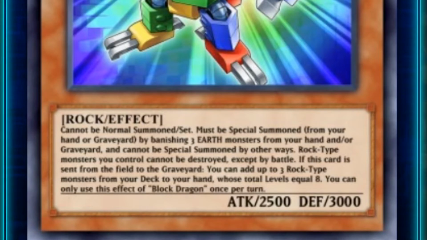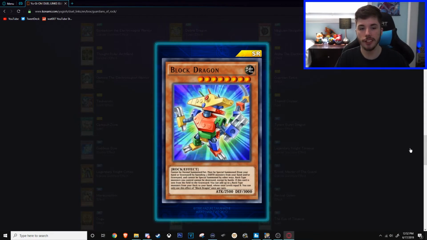It cannot be normal summoned or set, and it must be special summoned from your hand or graveyard by banishing 3 Earth monsters from your hand and/or graveyard, and it cannot be special summoned by other ways. What's already pretty good about this card is that you don't need Rock monsters only. You can use any 3 Earth monsters from your hand and/or graveyard to special summon this card from your hand or graveyard,